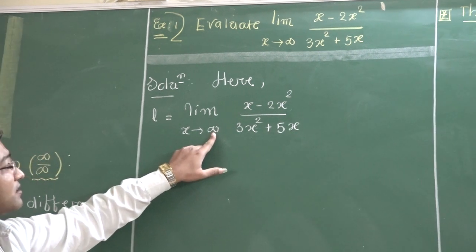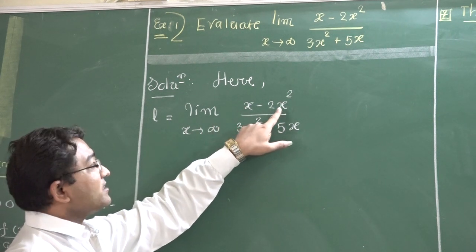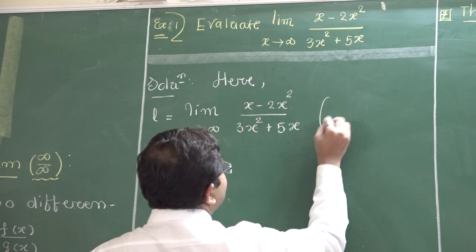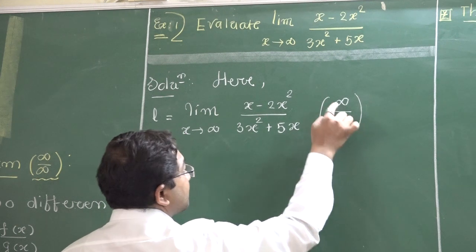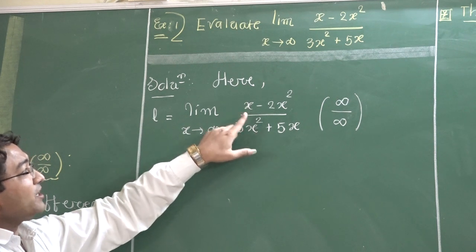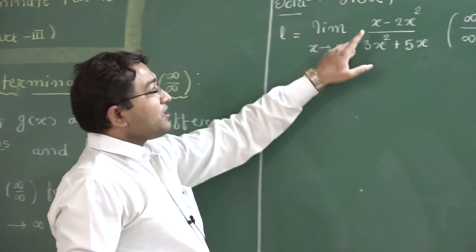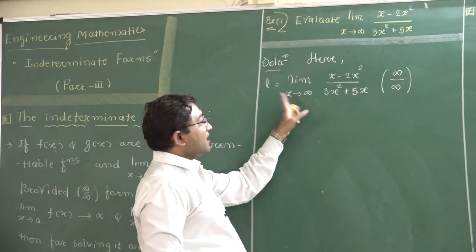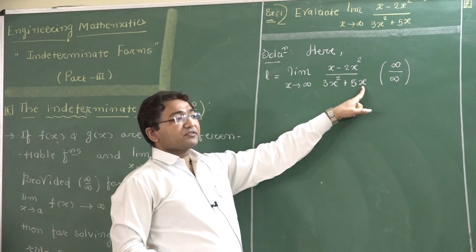Then substitute x tends to infinite. So infinite minus 2 infinite square is nothing but infinite. Here infinite minus infinite also tends to infinite. So the numerator becomes infinite. Similarly the denominator also becomes infinite. So that is infinite upon infinite form in this limit. So we can use L'Hospital rule, same as for the 0 upon 0 method. First differentiate the numerator with respect to x and the denominator with respect to variable x. That differentiation process continues till the denominator becomes finite.